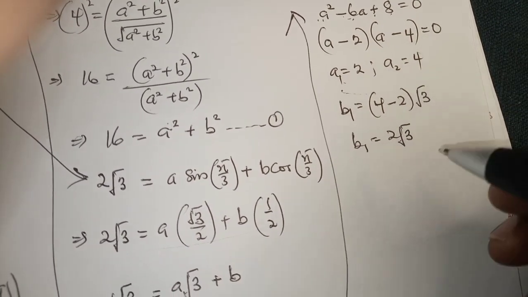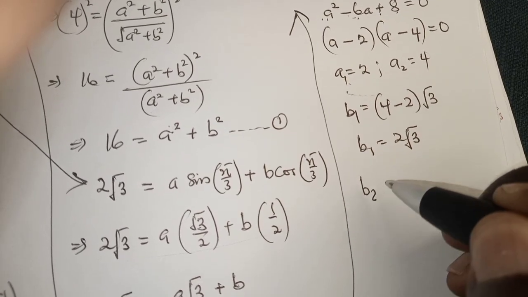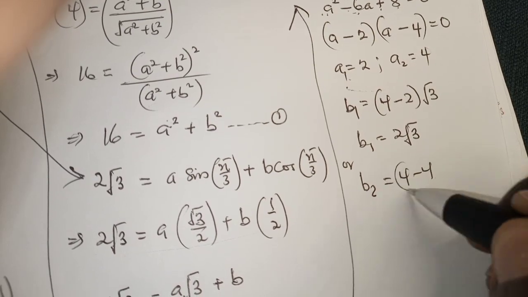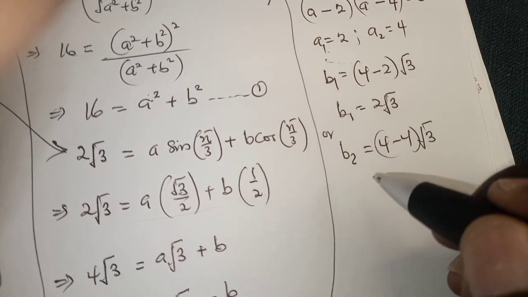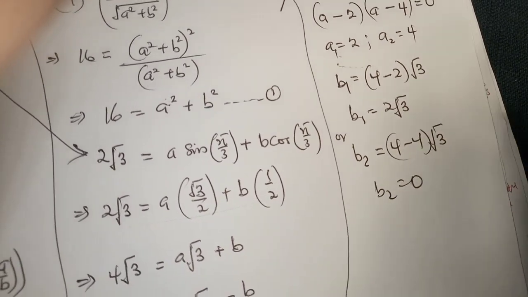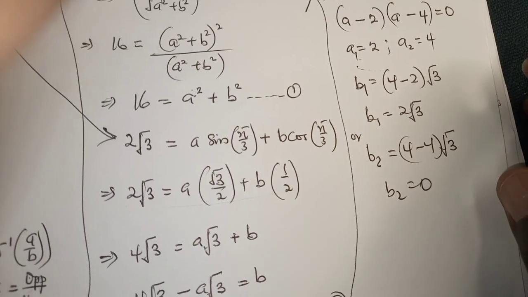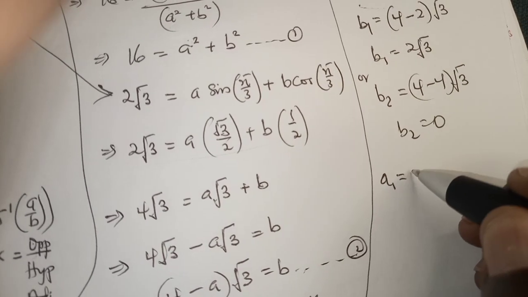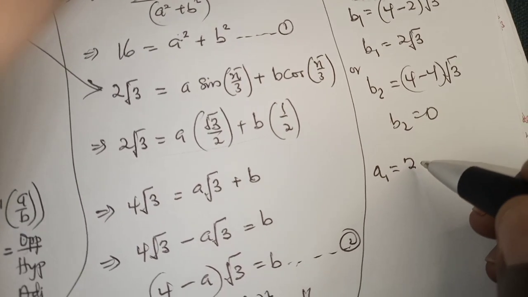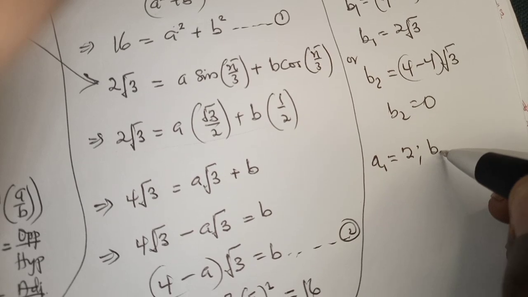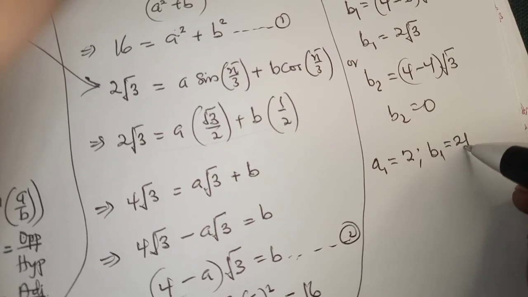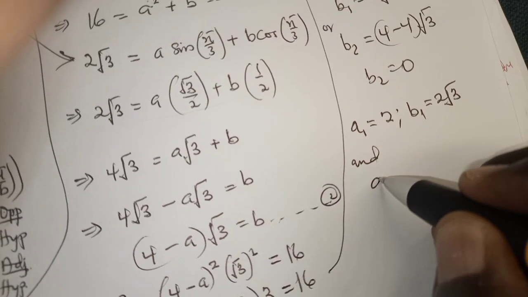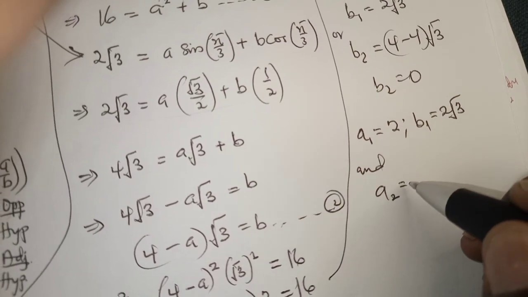We do the same thing for b2, so b2 will be equal to 4 minus 4 times root 3, and that will be equal to 0. Alright, so we have a1 equals 2 and b1 equals 2 root 3, and we have a2 equals 4,